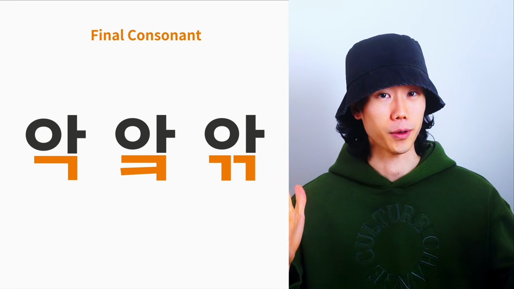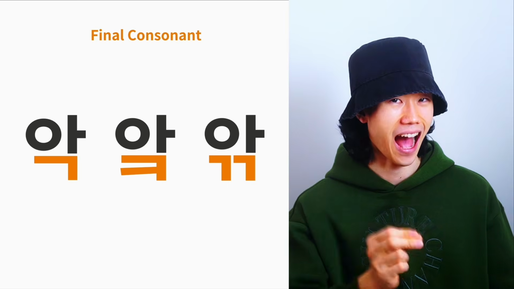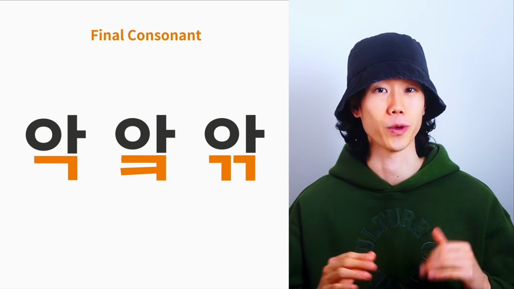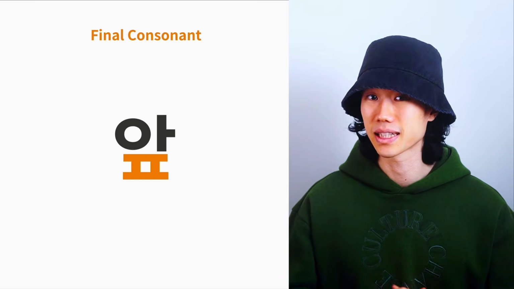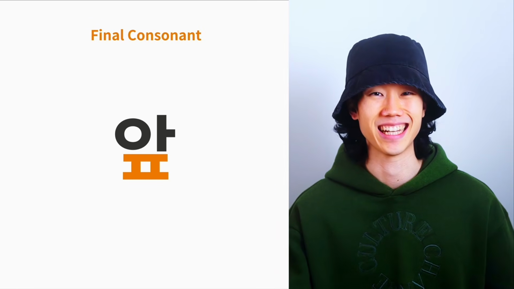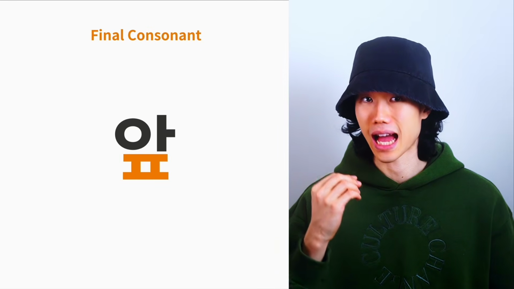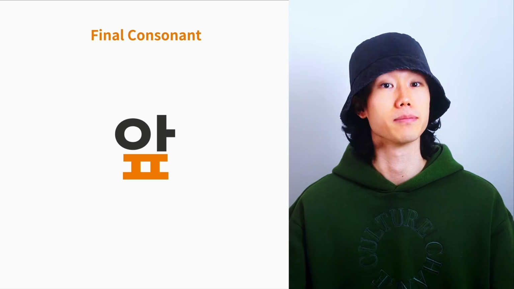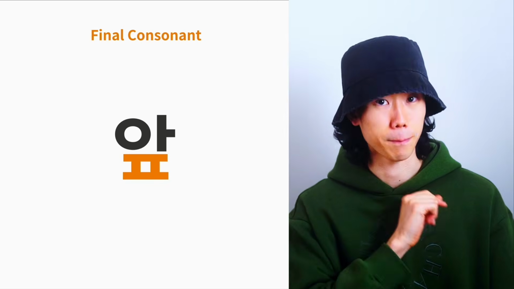Great. So, this syllable sounds the same as I told you. Ak, ak, ak, like this. These three consonants sound the same when they are placed in the final consonant. Let's move on. P sound consonant in the final consonant. This syllable sounds like up. Without the final consonant, it is a and add p sound, so up. One more time, up. Got it?